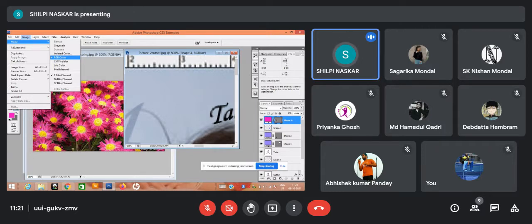This is for any electronic display, the RGB color mode is there basically. But for printing purpose, the CMYK color mode is there. CMYK is a subtractive color mode. Why is it called a subtractive color mode? Because in case of CMYK, if you add C, M and Y, you will be getting black. But in case of RGB, if you add the colors, you will be getting a particular color shade.